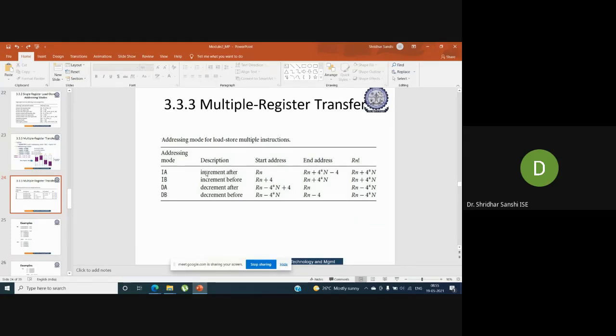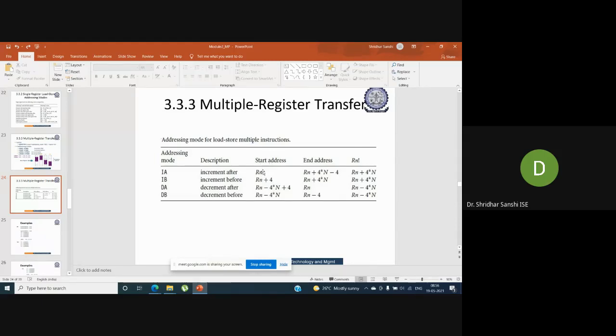We specify the base address here; Rn is the base address. We start copying from the base address. First we copy the content that the base address is pointing to, and then we increment. That's what it means. Increment after: first fetch the data and then increment the base address.